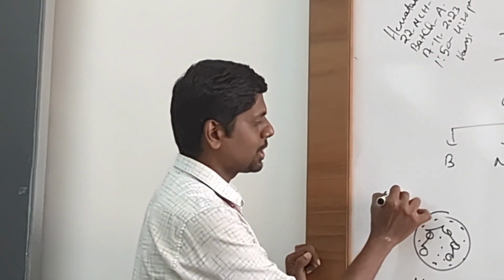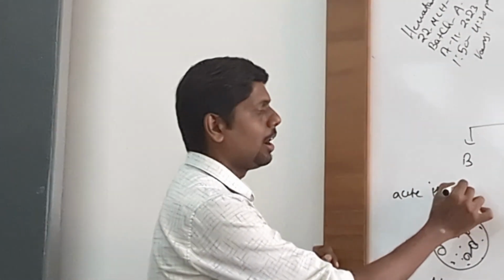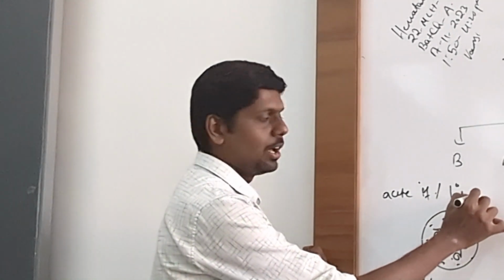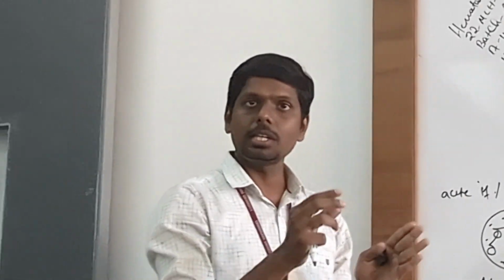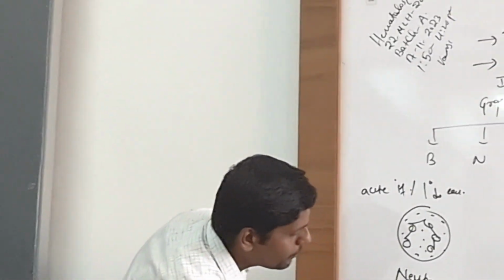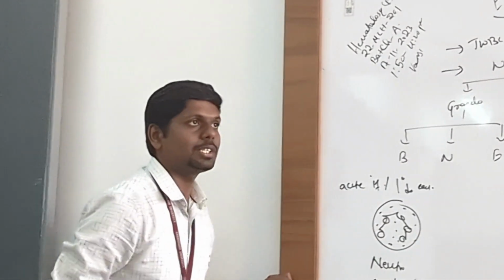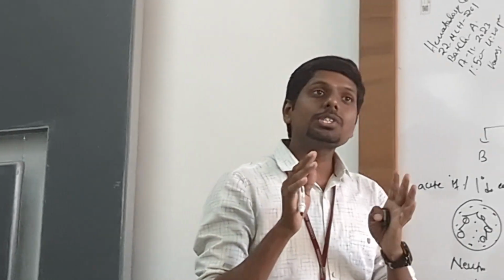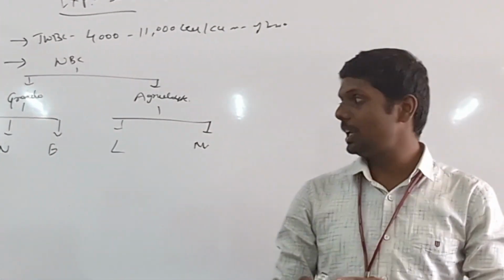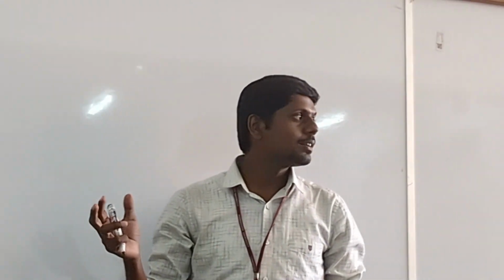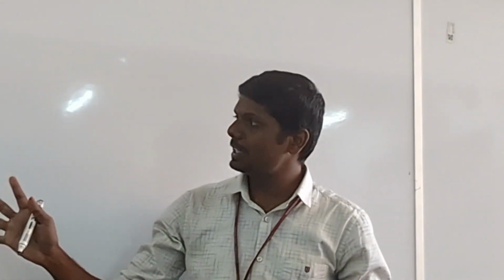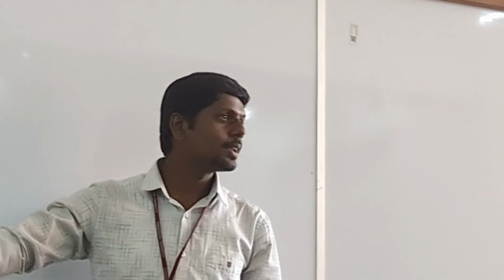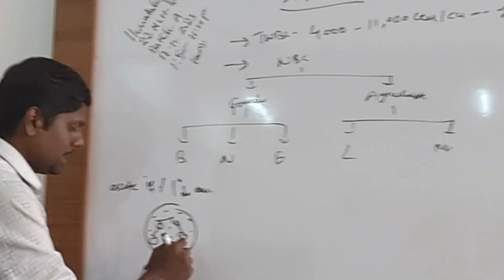In acute infections they will increase, and also they are primary defense cells. Whenever there is an infection in the body, first neutrophils will increase. What is the normal neutrophil count? 60 to 65%. Very good. And what are the most abundant cells among white blood cells, the most populated cells among them? Neutrophils. Okay, so that is neutrophil.